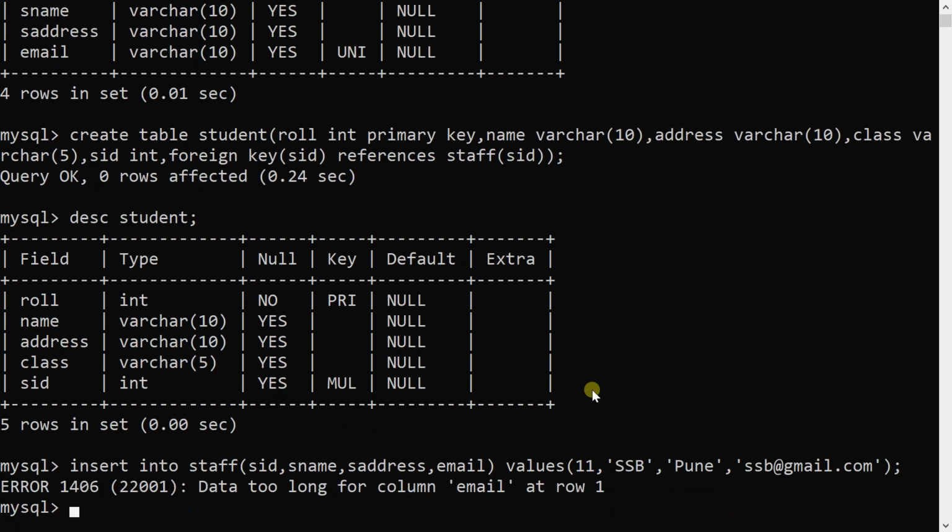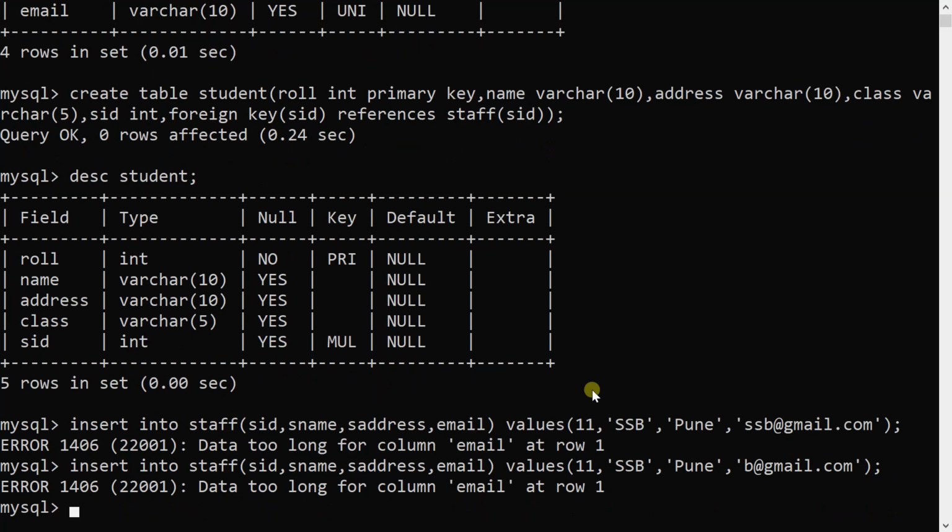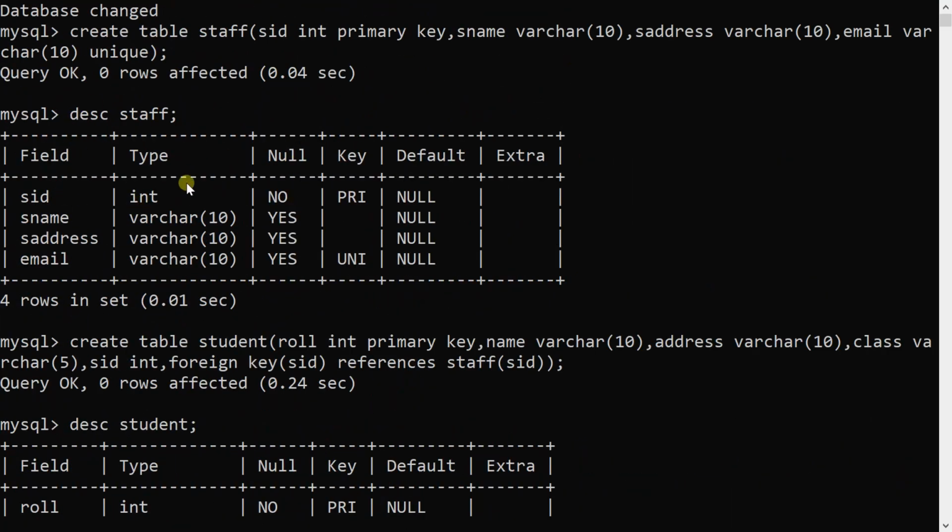My data is too long. See what is happening here: it is varchar 10, and we have declared it as 10, but it is taking more than 10 characters. So I will alter the structure of my table.